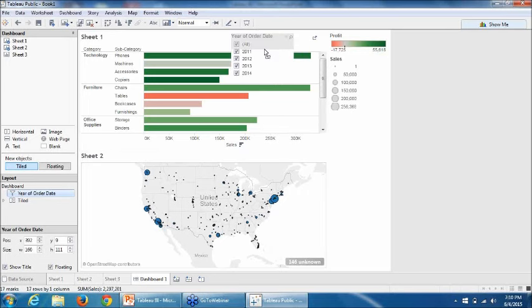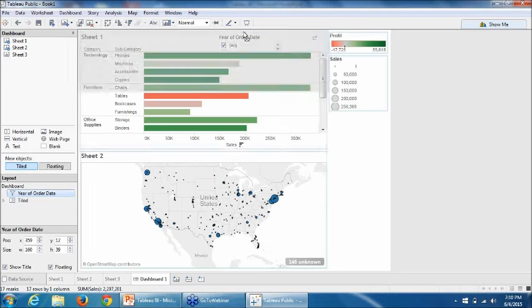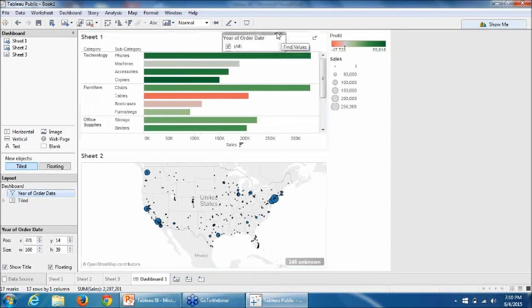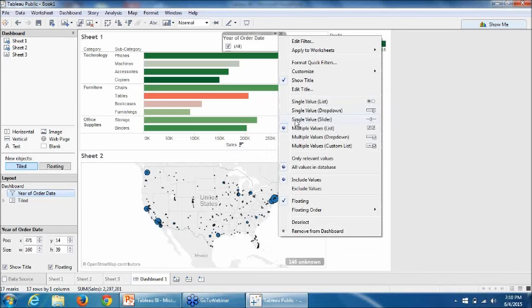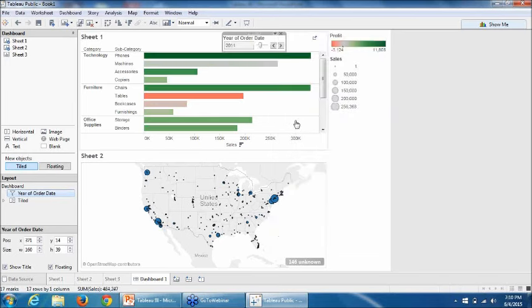So now it becomes a floating view for me. I mean, it is a floating data element, and I can embed it in an existing sheet. So I can even embed it anywhere else in this particular dashboard. Okay. So now I don't want this to be a checkbox. Rather than that, I would prefer it to be a slider, single value slider. I will select that option. Now I have the data.